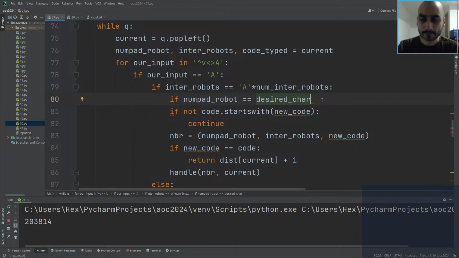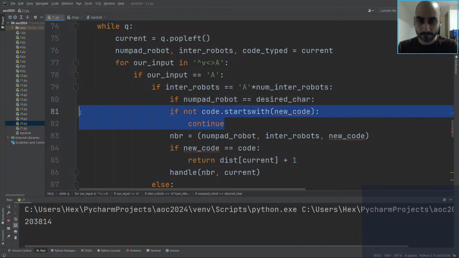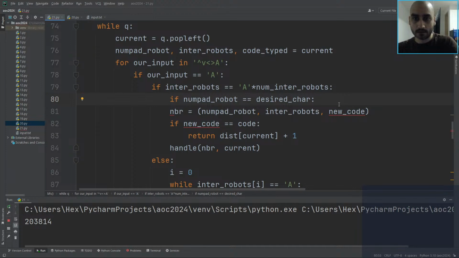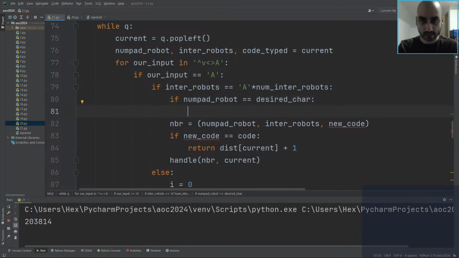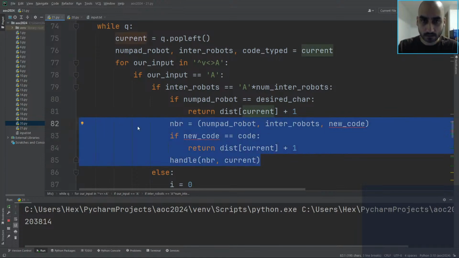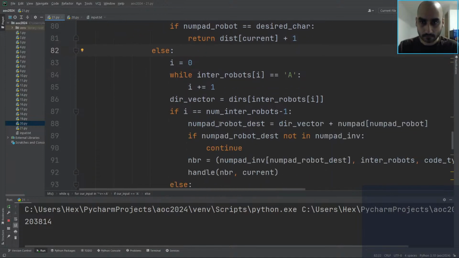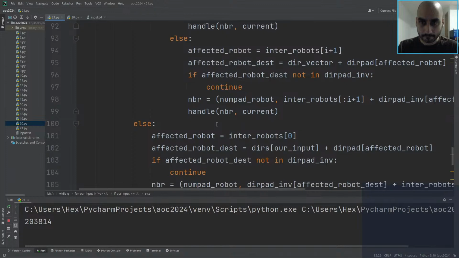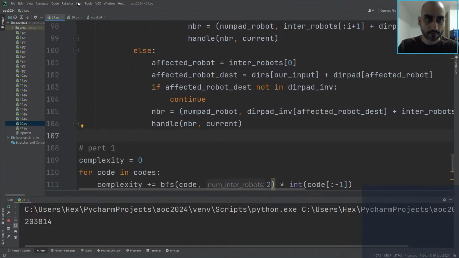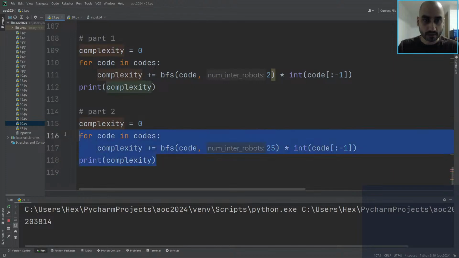Desired car. Don't need any of this. We're never putting a neighbor here, so it'll be return this current plus 1. And that's it, right? Alright, does that work? Oh, but then we need